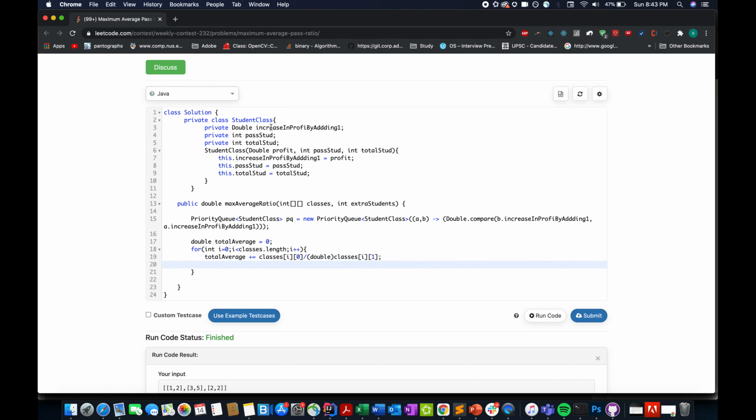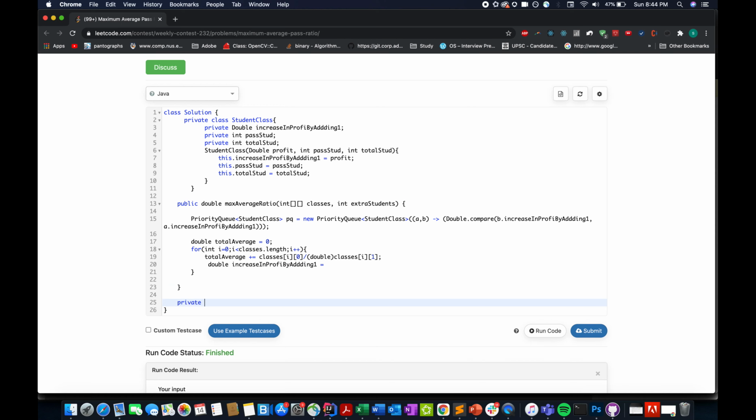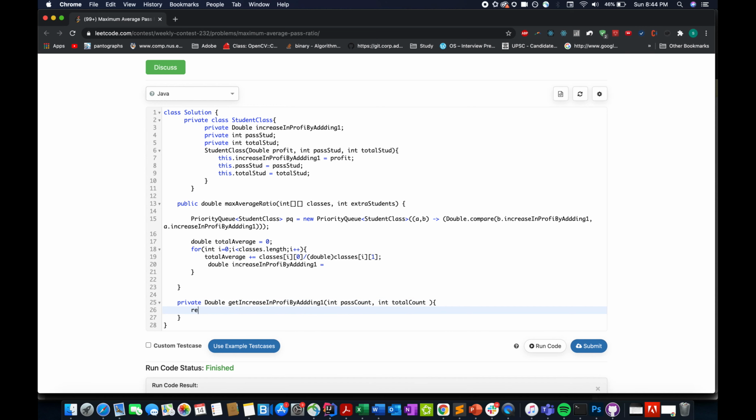And let's define the growth factor. Double increase in profit by adding 1, what that value will be. Let's define a private method for it. Private, return type would be double, getIncreaseInProfitByAdding1, integer pass count, integer total count. Return